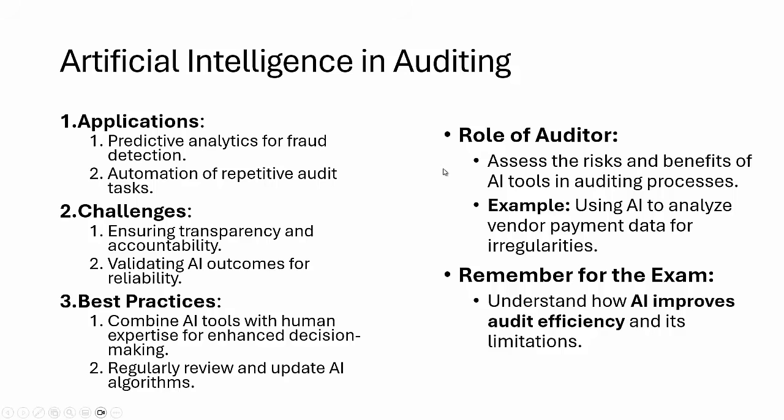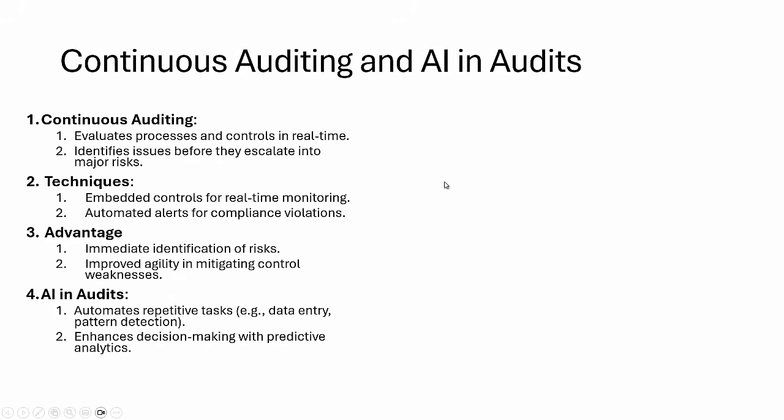One more important thing, we are using AI today in the continuous auditing process also. There's a concept called continuous auditing, where we evaluate the process controls in real time. Okay. Like system transactions, flagged transactions, financial transactions continuously get audited, right? But today we are using AI in that. So we embed the control in real time, and we automate the alert for compliance violations. So we're doing some payments. If a transaction goes beyond the approvals and all that, it automatically sends a message to the customer, and that will be considered a flagged transaction. So we have embedded a control in the transactions.